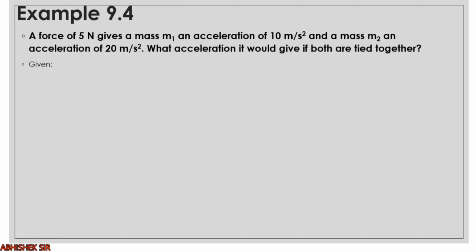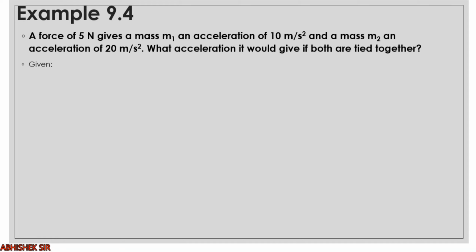So now if you are tying both the objects, what will happen? Their masses will be added. So now there will be the third case where you are giving 5 newton to both of them tied together. Then in that case what will be the acceleration produced? Okay, so it is very simple. If we are tying two objects and giving force 5 newton, how will you find the acceleration? You need to know the mass and you need to know the force. Then only you can find it.